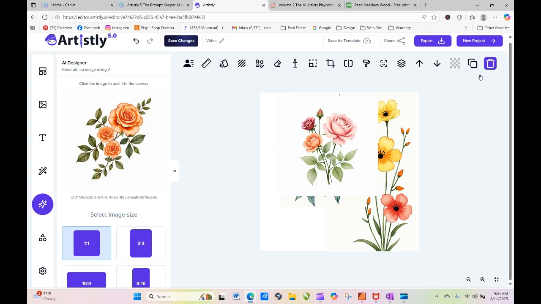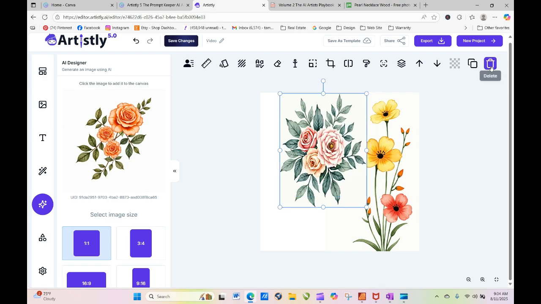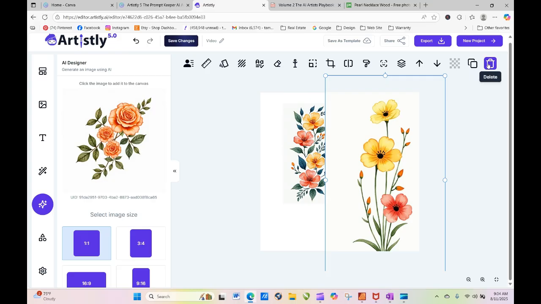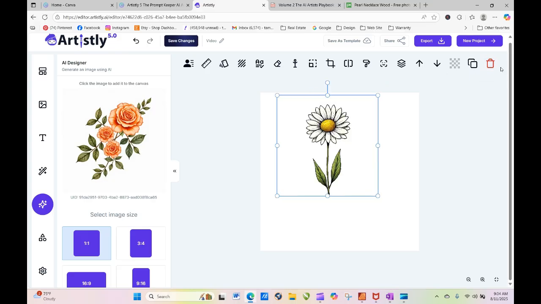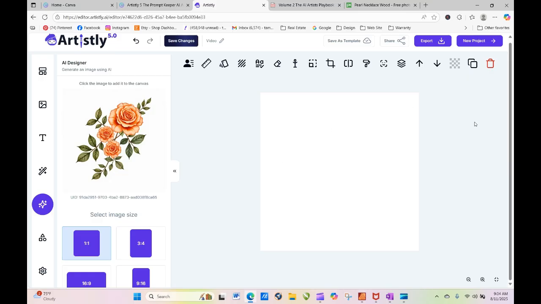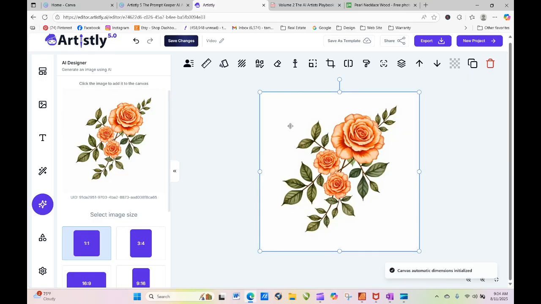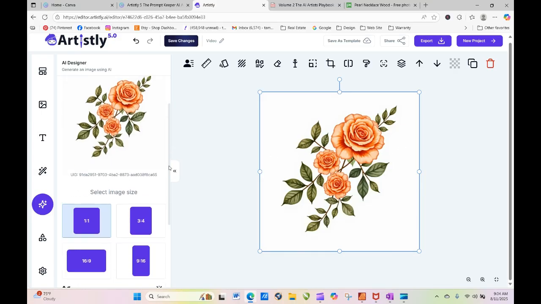It's better if you do them along as you're going, but I wanted you to see how it stacks on top of each other before I deleted them, because if you don't know that and you're doing the same aspect ratio, you're going to end up with a lot of different things on top of those. So anyway,